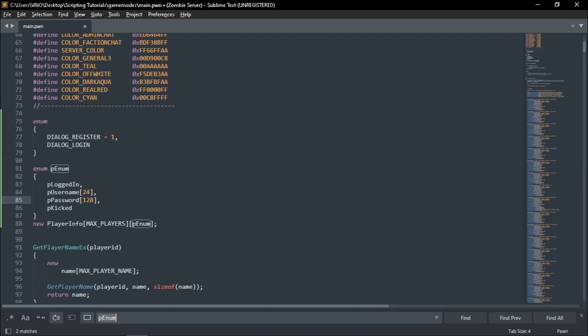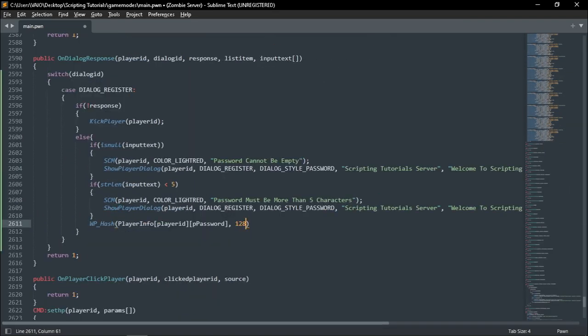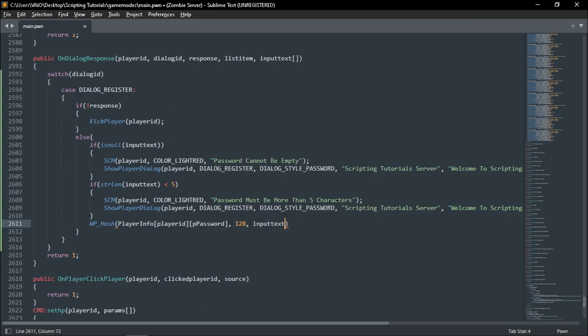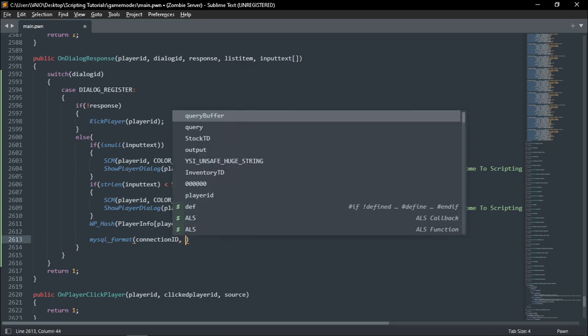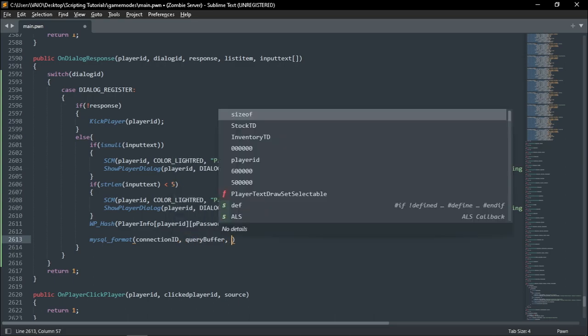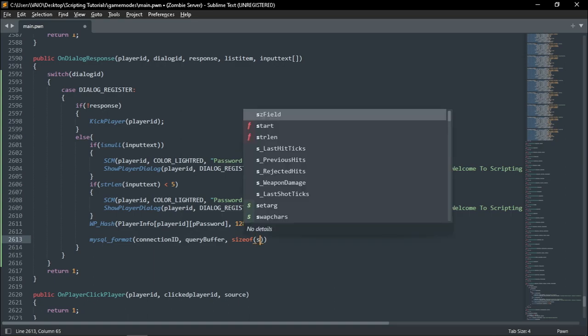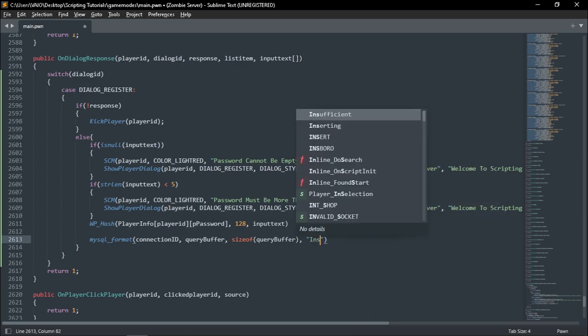128, so we're gonna add 128. So let's go to wp hash and 128. Oh yeah, and add here input text, and then let's add a mysql format, and then our connection id here, then query buffer, size of query buffer,